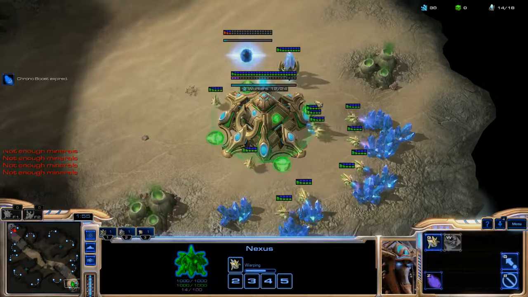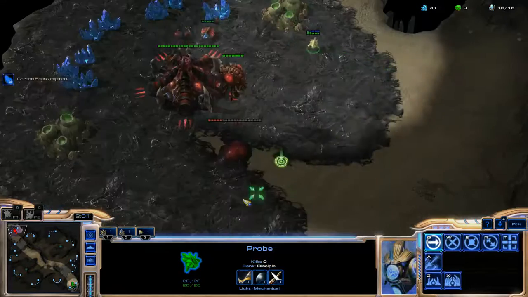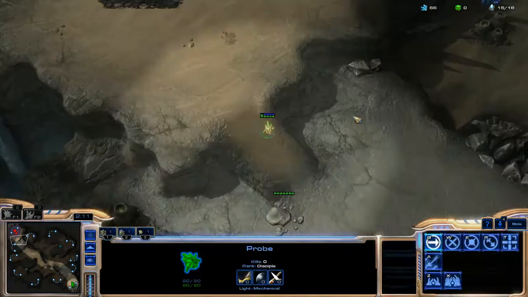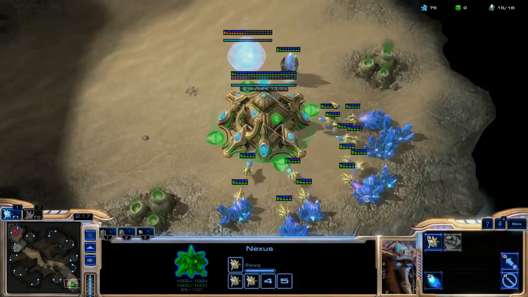So we have a gateway on 14. Worker's still scouting. He sees a pool at a pretty normal time, so no big deal. We're just going to watch for a natural. We're going to take our gases just a little bit later than you normally would in a lot of builds,